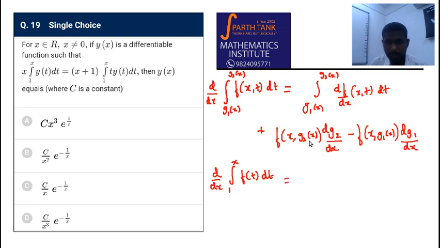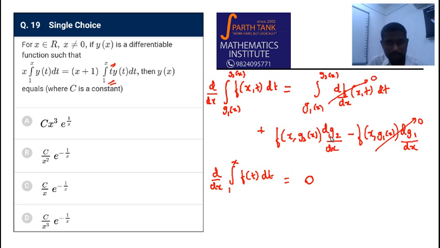So we can reduce this to a convenient form that can be used for our particular problem. You see this differentiation df by dx, since inside there are no x terms, the first term becomes 0, right? And if you see here, dg by dt is nothing but dx by x because our upper limit is x, our lower limit is 1, which means this term dg1 by dx is going to be 0. The lower limit is a constant, so this is 0 and this is also 0.